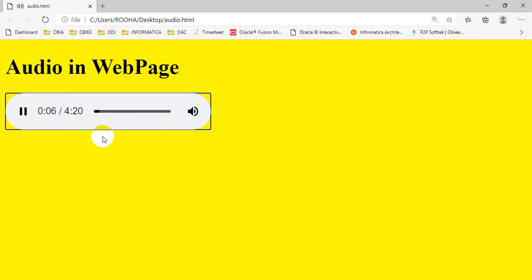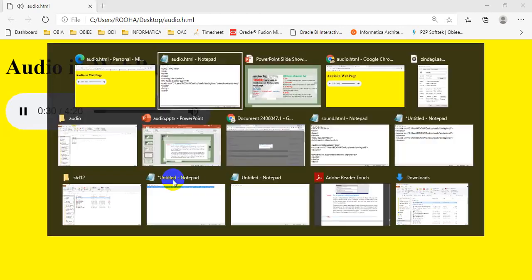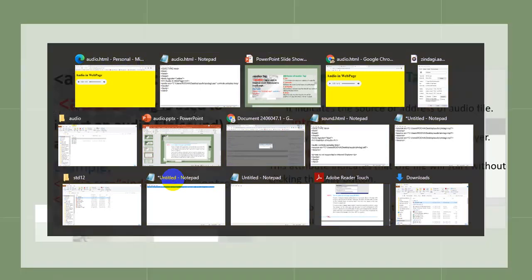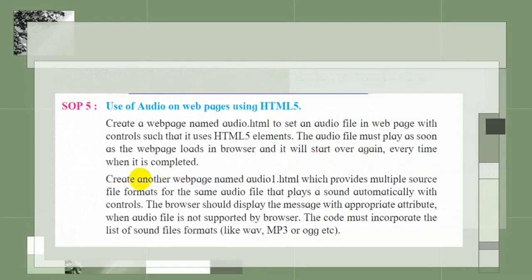It means the file will play continuously until you close it from here or click on stop. When you click on stop, or when you click on the close button, only then will your audio file stop. Otherwise, it will keep playing continuously. This is the feature or function of the loop attribute of the audio tag. Okay students, so we have completed the first section of our